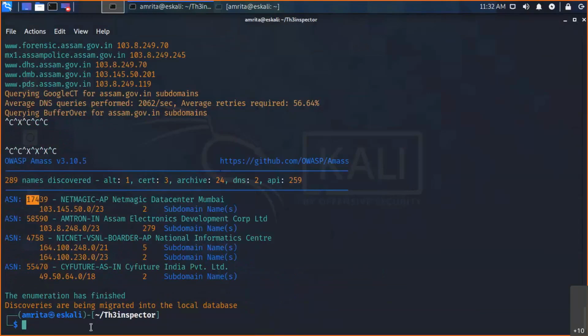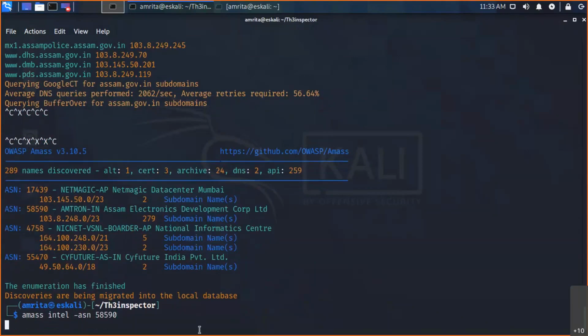This gives us information regarding the ISP, Internet Service Provider. If I want to know something about this ASN, that is also possible. This is the number we have got. Anyone you can choose. I am choosing Amtron only, as I have seen in the WHOIS domain. So 58590. Let us see who are the service providers registered in this ASN.